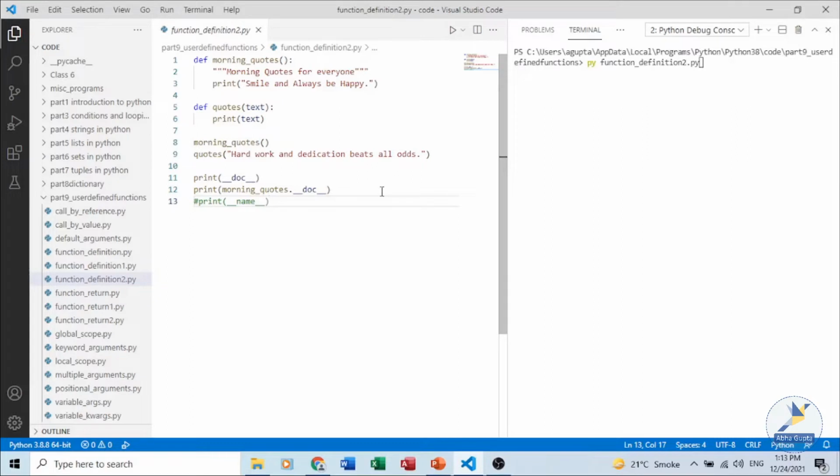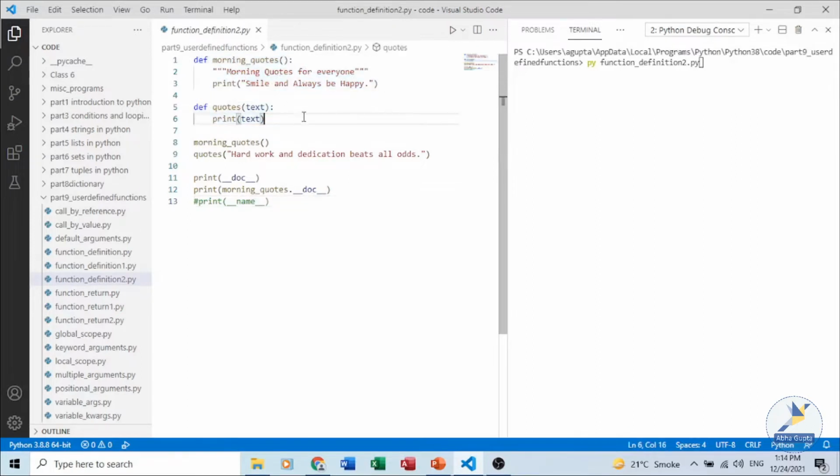Just now we were talking about the flow of control or the flow of execution of the program. In most programming languages, we have a main function which is the starting point of any program. When the program runs, the interpreter starts running the code sequentially, but Python does not have a main function like other programming languages. So when a command is given to run the program, the interpreter starts the execution at level 0 indentation. Now level 0 indentation means, like in our program, these two are the function definitions.